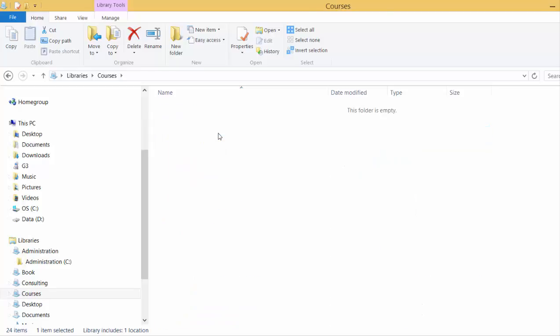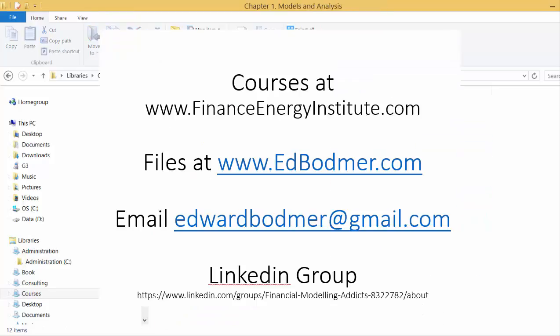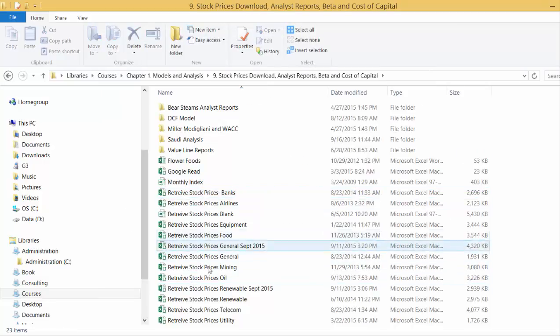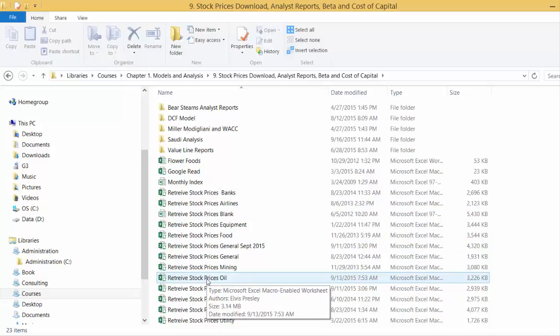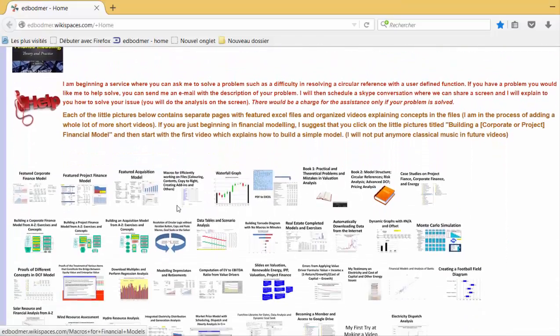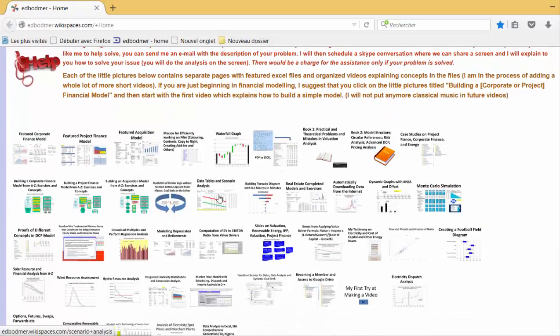If you got the Google Drive thing, and you go to the stock prices, this time let's get an update and see what really happened to some of the stock prices on oil since the oil prices have changed. If you want to find this on the website, where is the read? Okay, where's the stock prices? Just a minute.